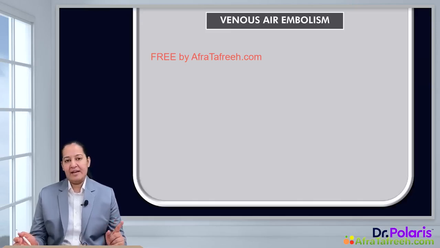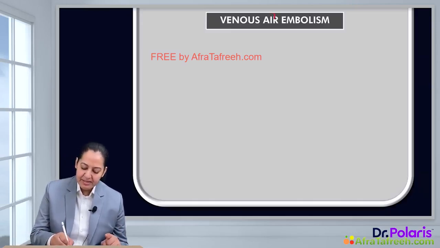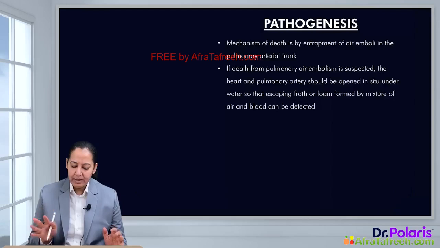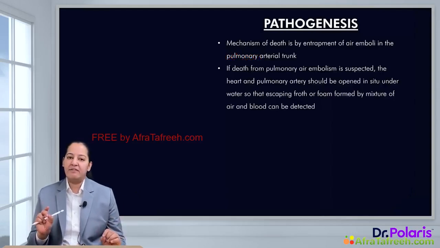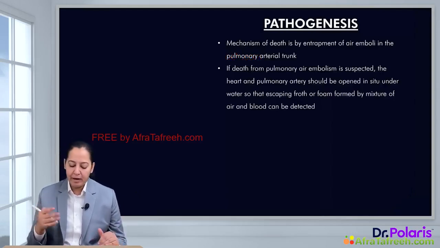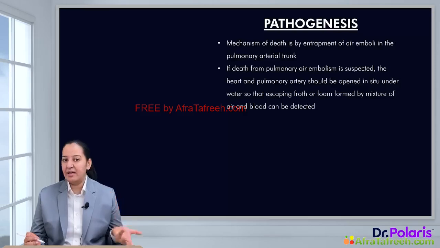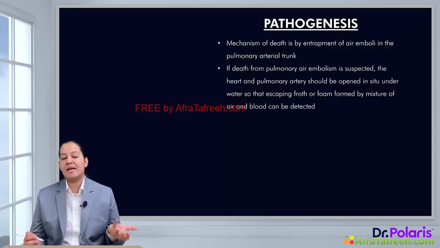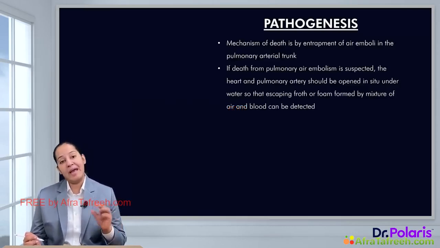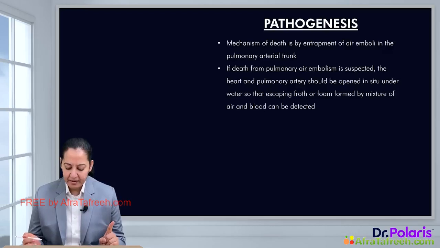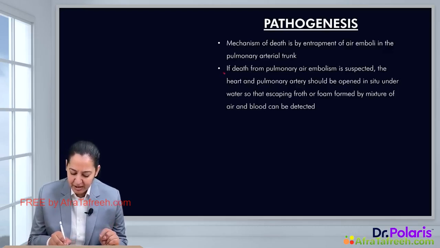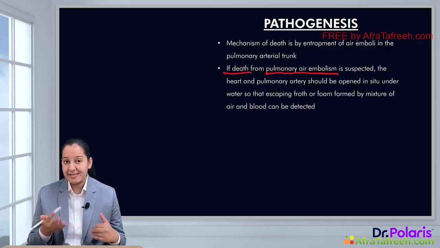Now, venous air embolism. If the air embolism is present ultimately in the veins, as we know, it will go to the lungs and produce pulmonary thromboembolism. So after air embolism, the patient can suddenly die because of respiratory distress and cyanosis. So the cause of death is pulmonary embolism produced by air embolism. During the autopsy, if the death is suspected to be from pulmonary air embolism,